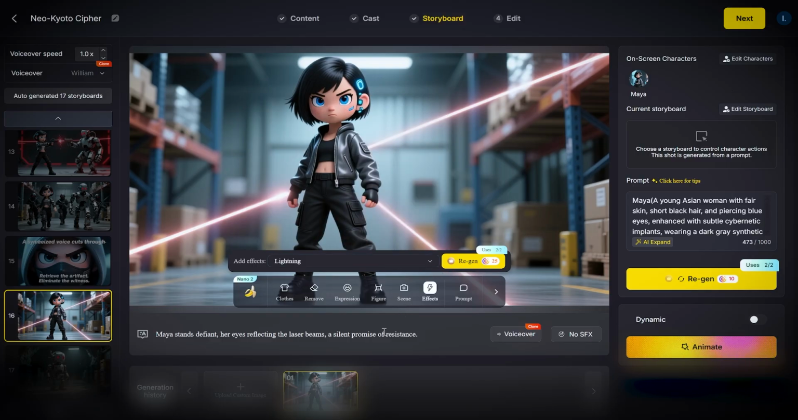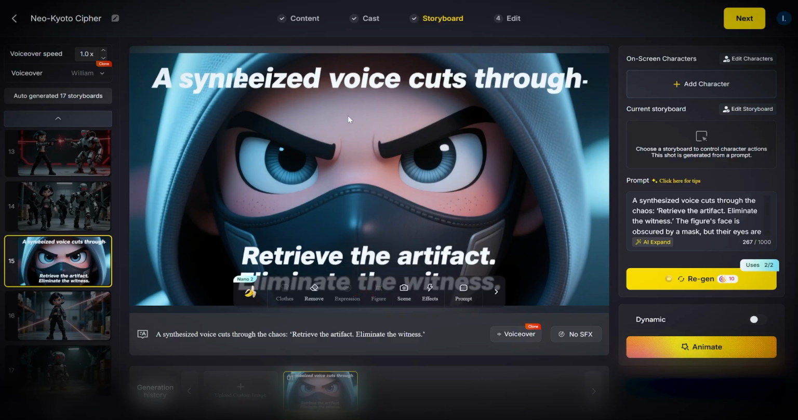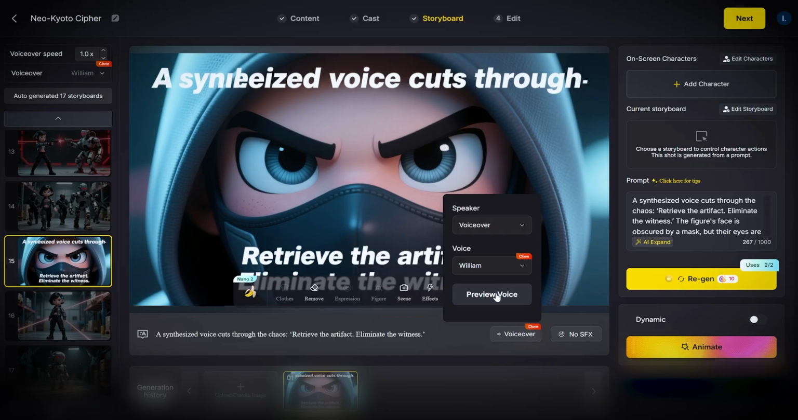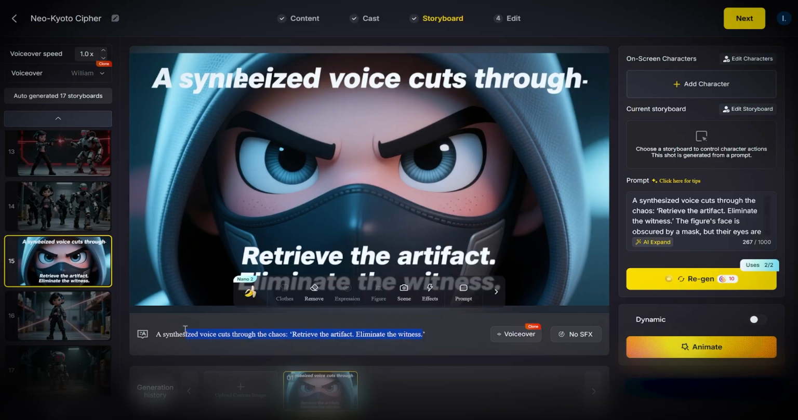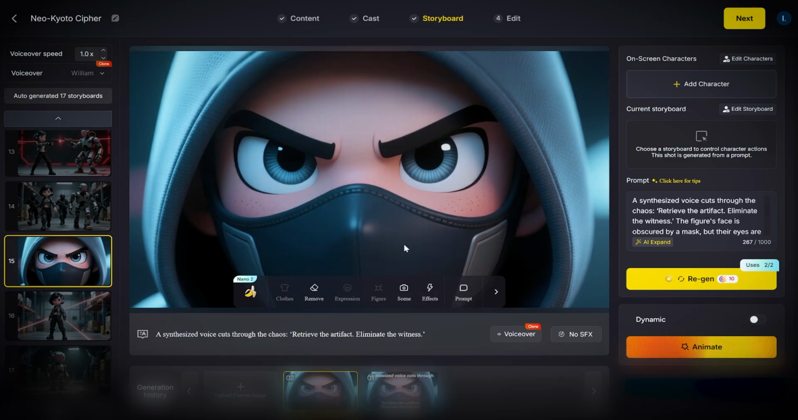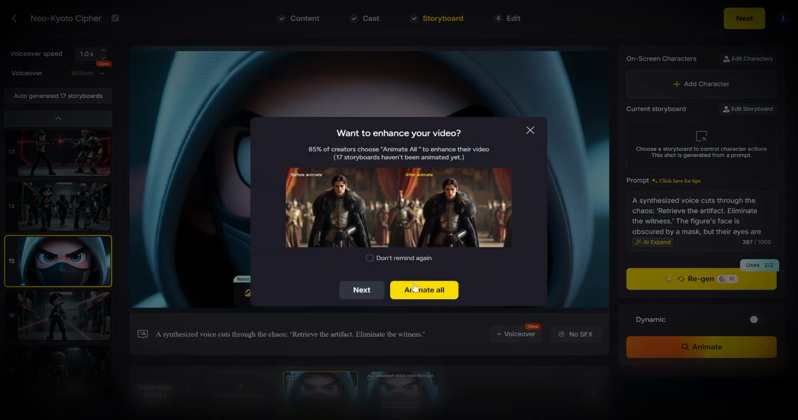So this is actually fine, and it's gonna take you some credits, but it's not too bad. For example, this image in here got some text. It says, a synthesized voice, cast through the chaos, retrieve the artifact, eliminate the weakness. Instead of just saying this, you can voice over it. You can click on preview voice, and it's gonna try to say this whole thing. But I don't like this text, so I'm gonna click on remove, and I'm gonna say remove text. And now this looks amazing compared to the other one. So this is great. So what I'm gonna do, I'm gonna click on next, I'm gonna click on animate all,